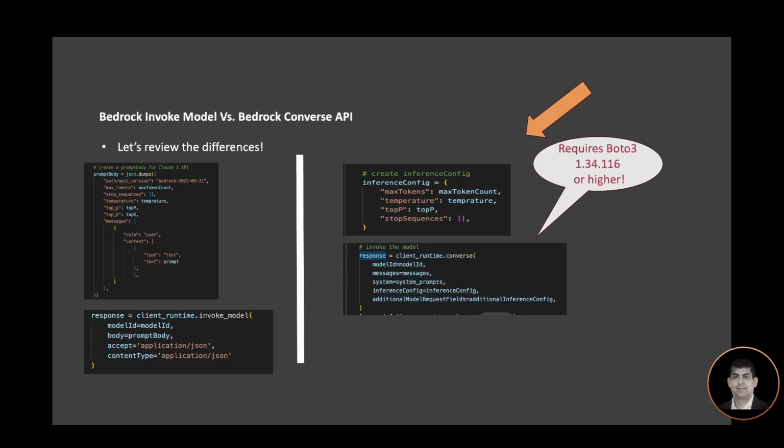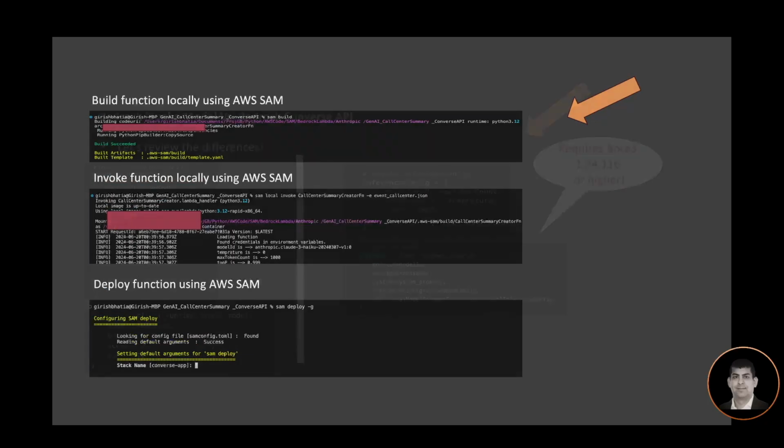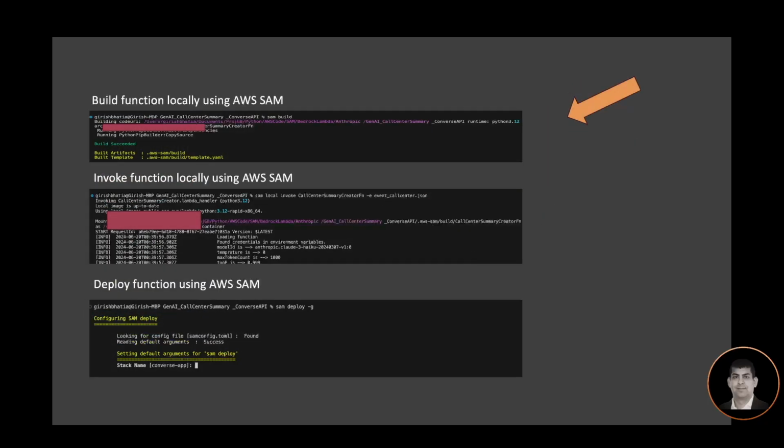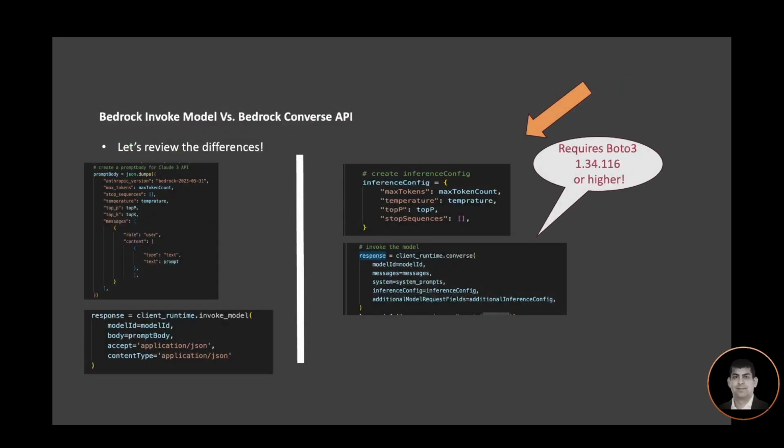Here are some subtle differences between Bedrock invoke model versus Bedrock Converse API. Let's review the differences. If you see the Bedrock invoke, we have to build a prompt body that has our message and all different parameters like token, sequence, temperature, etc. Also, in the client runtime, we have to call the invoke model function and then pass the model ID and the prompt body in that